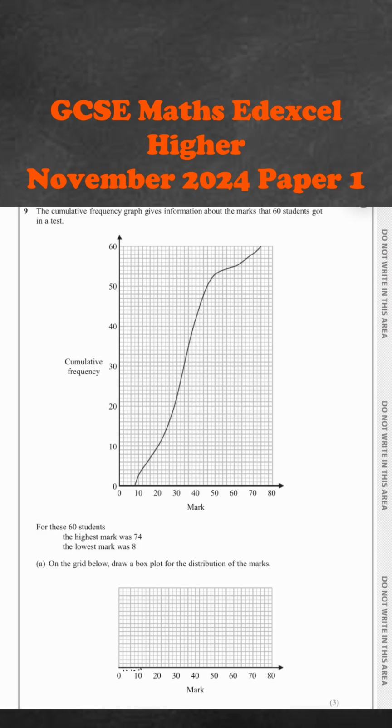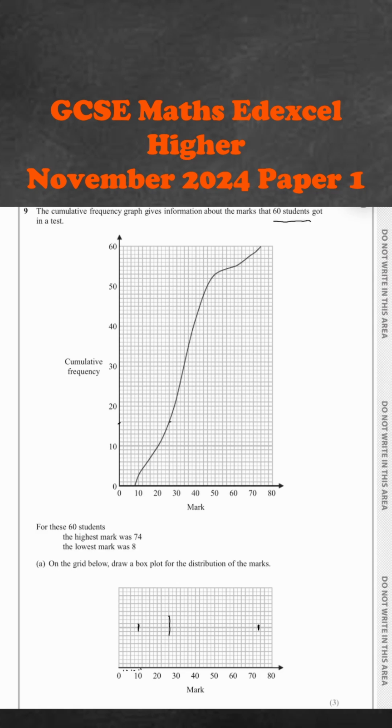So 8 is going to be about here on the box plot. And we want 74, so just shy of halfway. So about here on the box plot. Then we also need the lower quartile, the median, and the upper quartile. So the lower quartile, we have 60 students. That's going to be where the 15 students mark what they got. That's about here, which falls at 25. So I'm going to mark 25,